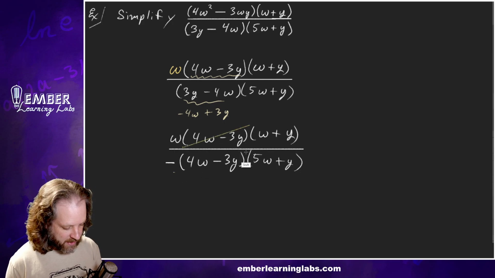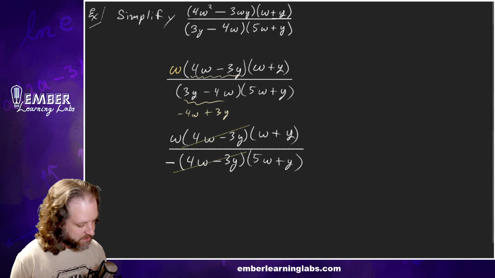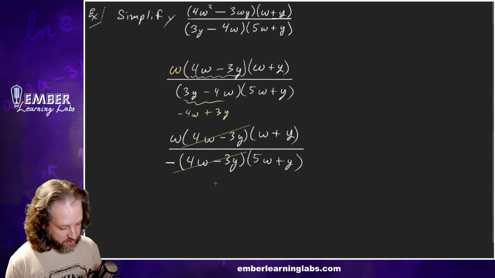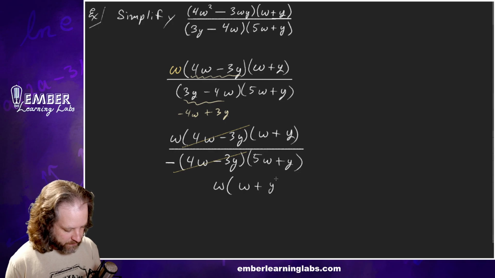This one and that one actually cancel. Leaving us with W times W plus Y over negative